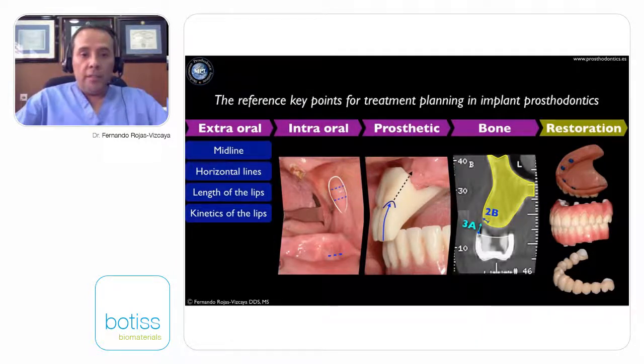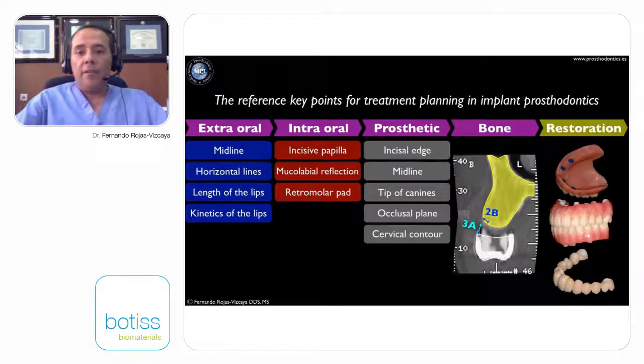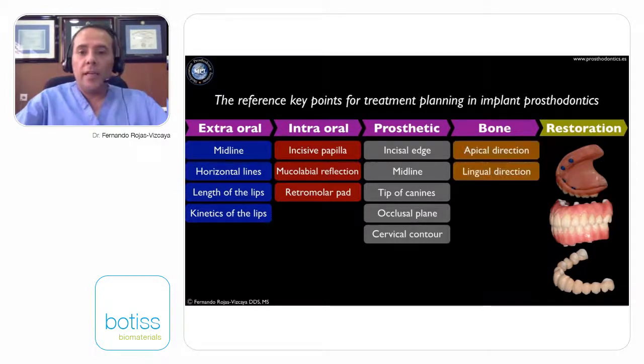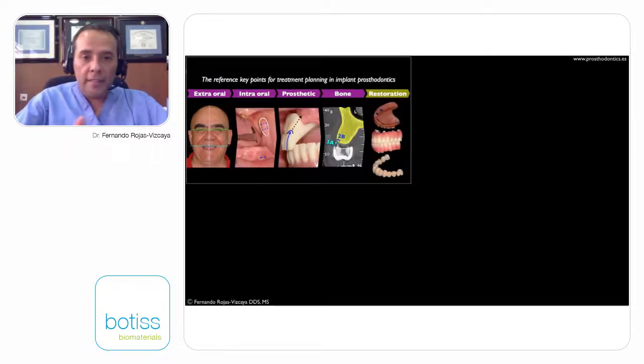We have several points from the extraoral part of the face of the patient. This is what I am using in average. Intraorally, we have these points that we can use in average. From the prosthesis, we have some points that we need to use. In some directions, we will do the analysis of the position of the bone, and these are the different types of restoration. But as you can see here, all this extraoral information and this intraoral information,